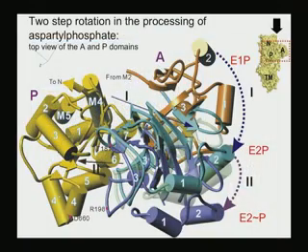So this is just a top view of this rotation. The start point here is the E1P state. You look at this cylinder representing the A2 helix. Its original position is here, and after it becomes the E2P state, it comes to this position. So, very large rotations. And one more thing I should mention: in this state, both gates are closed,